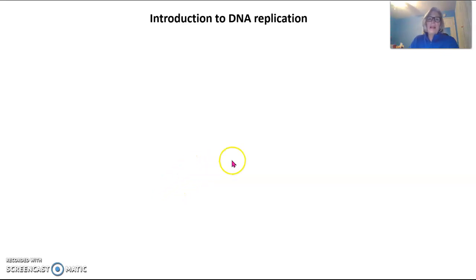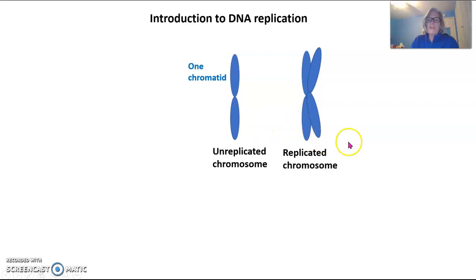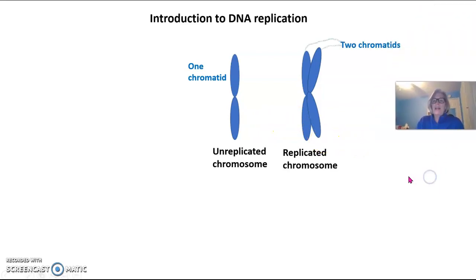Hi everyone, tonight's video is on DNA replication. So in front of you, you can see an unreplicated chromosome that has one chromatid. And during the process of DNA replication, this unreplicated chromosome becomes a replicated chromosome with two chromatids that are attached